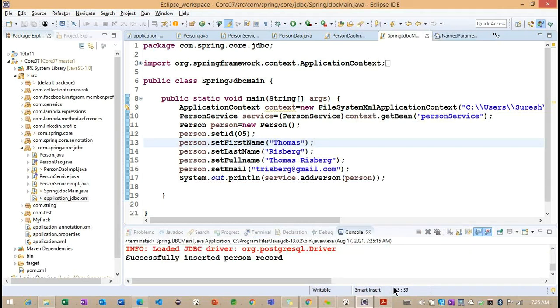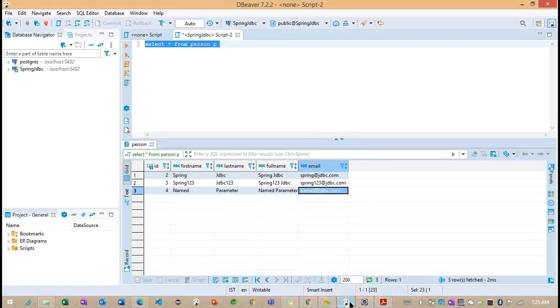Now you can see the record is inserted. So go to the database and try to run this particular query. Now you can see one more record inside our database. So which database are we connecting here? We are trying to connect with a Postgres database here. Getting the point.